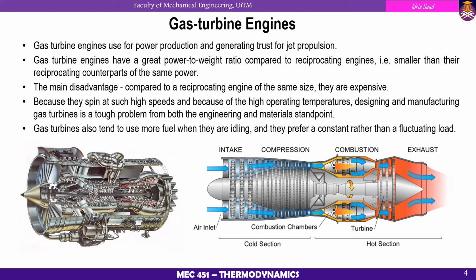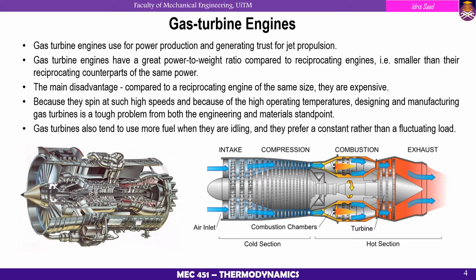That is the disadvantage of the gas turbine engine. The figure on the left-hand side of this slide illustrates a typical gas turbine engine that is used for the airplane as well as the power plant. Actually, they are similar because they share similar purposes, so it can be used for airplane and power station.